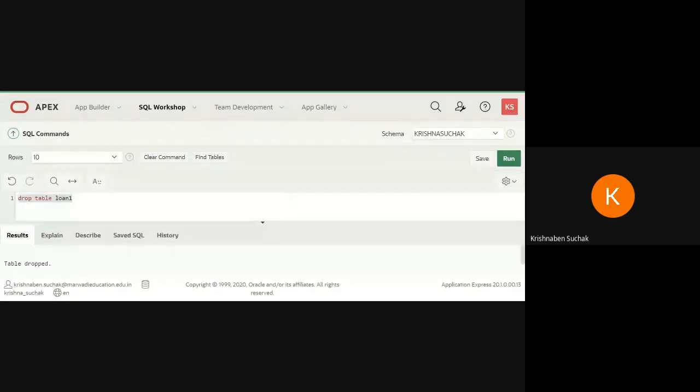Okay, let us move to the third part of your practical second, that is the installment table. First you have to create the table installment and then you need to perform queries on that. Okay.